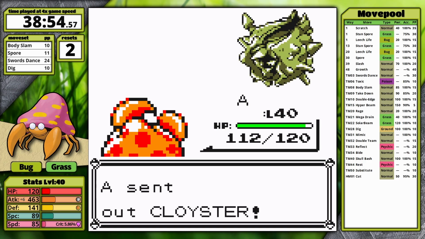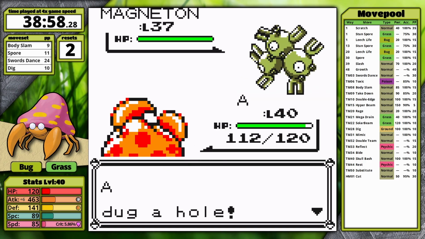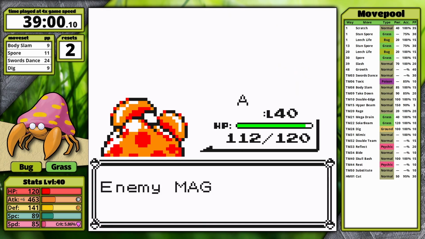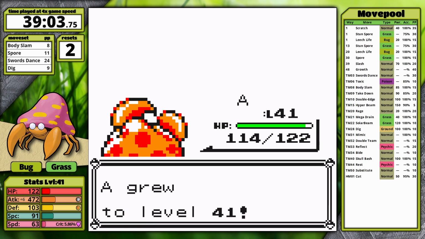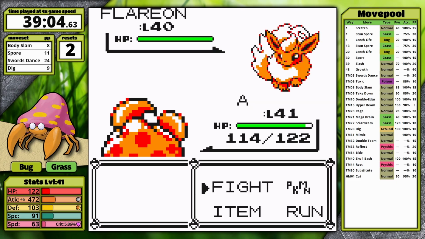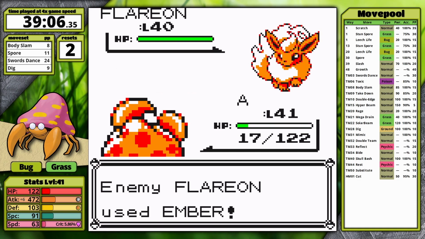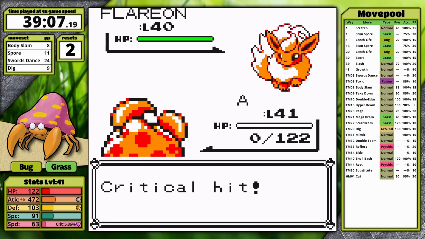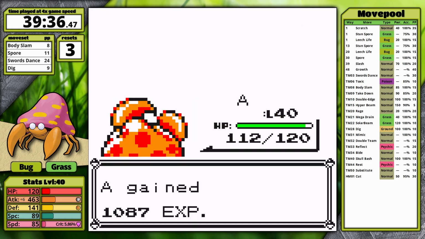This allows us to outspeed the next few Pokemon, so Cloyster, Magneton, and Kadabra all go down to a single shot. But thanks to the XP from these battles, Parasect levels up, therefore resetting our speed to 63. This is actually a speed tie with Flareon, who moves first this time around and chooses his best move, Flamethrower, to drop Parasect with a single shot. Wow, that was going so smoothly up until that point,